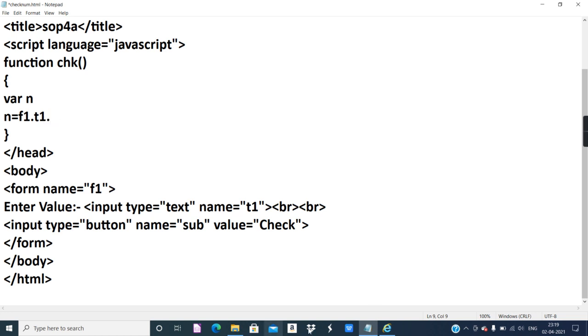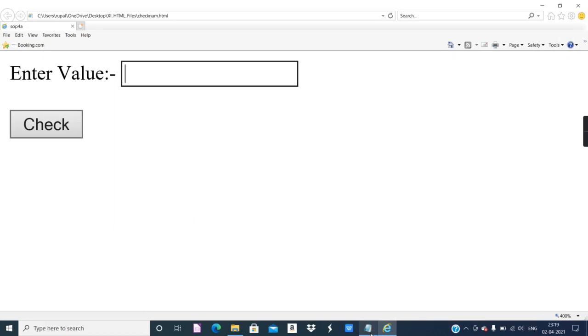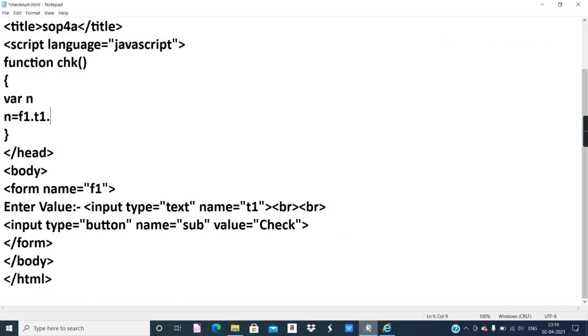So the value you already know. In HTML we learned the text box has an attribute called value. In HTML we learned the input tag has several attributes, and one attribute is value. If I give value equal to ABC, then by default when I display the form, the text box will have the value ABC.